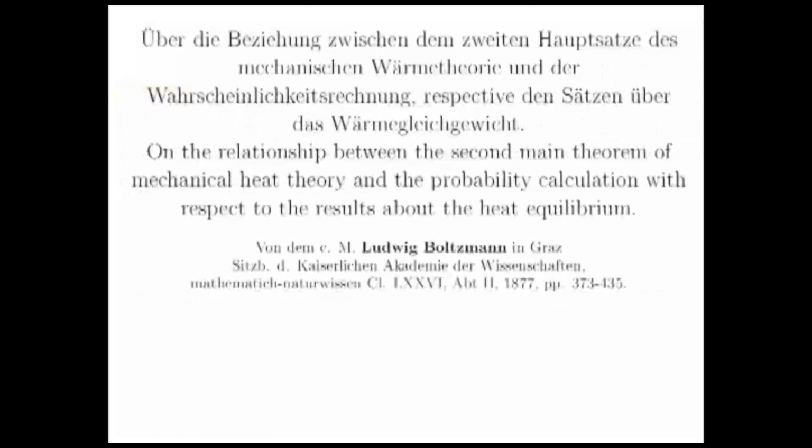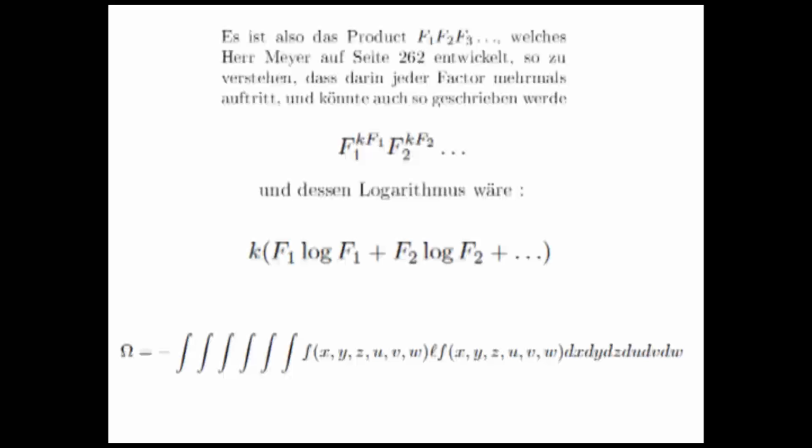So Boltzmann, this is the paper by Boltzmann in 1877. What he did here, of course, they were interested in gases and so on. But he said, well, just as a thought experiment, let me think of these gas particles as living in discrete places in space, not in an analog world, but in a discrete world. And then he finds the probability of a typical sequence. So this is as close as Boltzmann came to writing the formula for entropy.